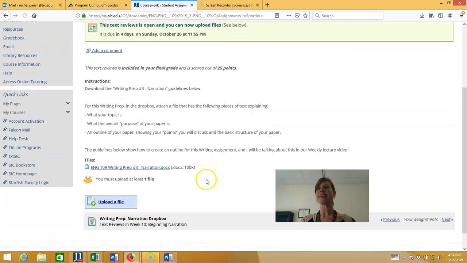So our next paper is narration. For your Dropbox, you need to tell me what your topic of paper 3 is, what the purpose of your paper is, and then show me an outline, which just demonstrates what's the point, what are the points you're going to talk about, what are you planning to discuss in your paper. So if I pull up our narration guidelines here,